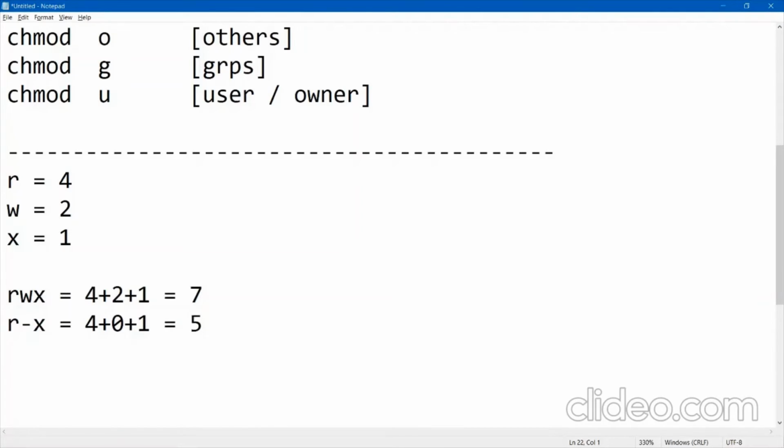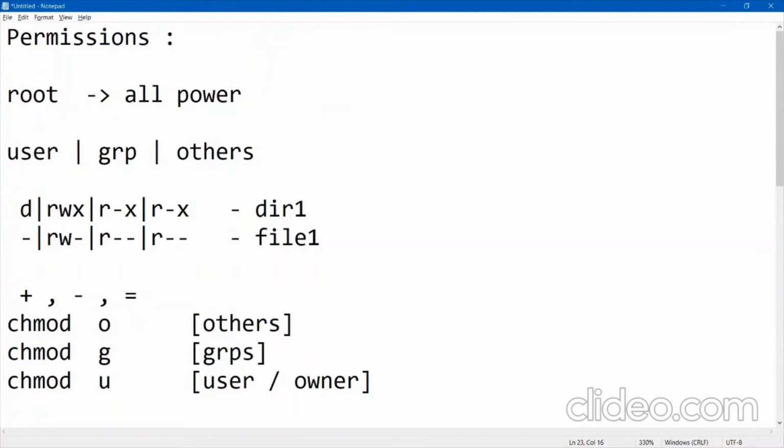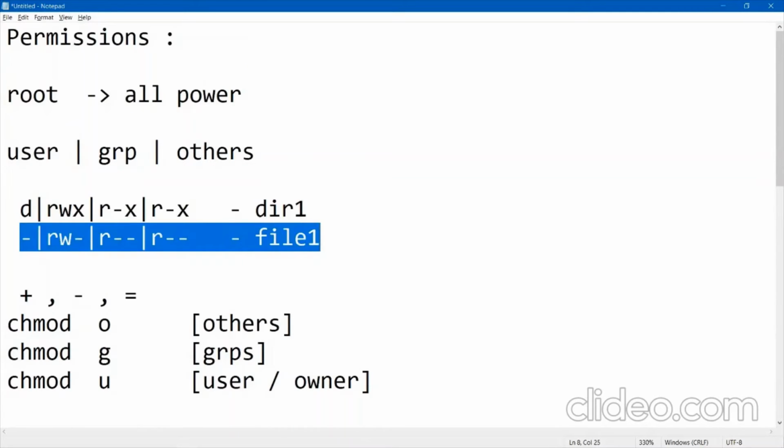So suppose I want to give a permission to a file that nobody can do anything except the root user. Root user can do anything, but other users or system users cannot do anything. That is hyphen hyphen hyphen, no read, no write, no execute. It means 0 plus 0 plus 0, it means 0, isn't it? Similarly, if I can read but I cannot write, I cannot execute, it means read means 4 plus 0. Okay, so I can copy. So that is 4.